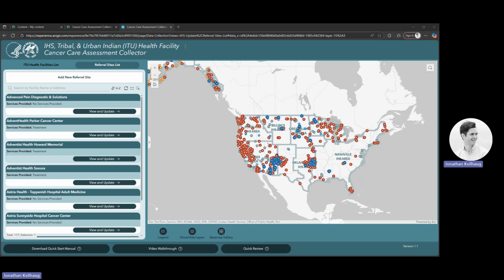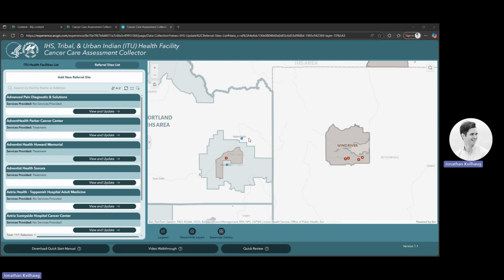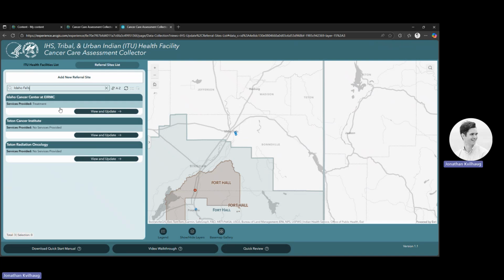an IHS facility. What I want you to notice as well on the map-based application is that while IHS facilities are listed on the map, if you notice as you zoom into nearby locations, non-IHS facilities are also included on the map. These referral sites can either be selected directly on the map or could be searched within this location here. If I were to search by facility name, Idaho Falls, I could see that there is a center here